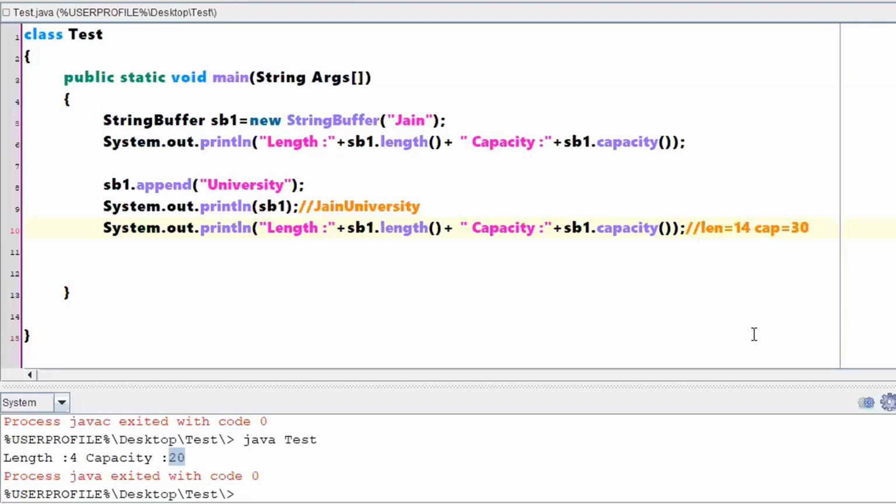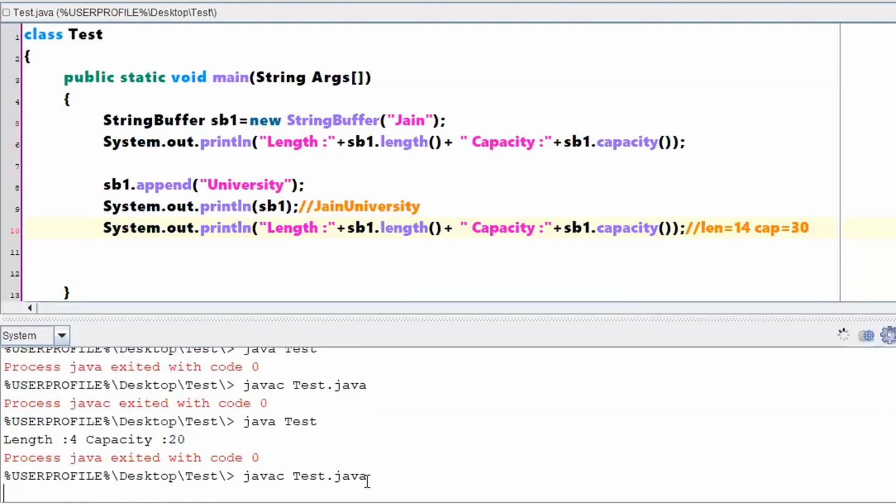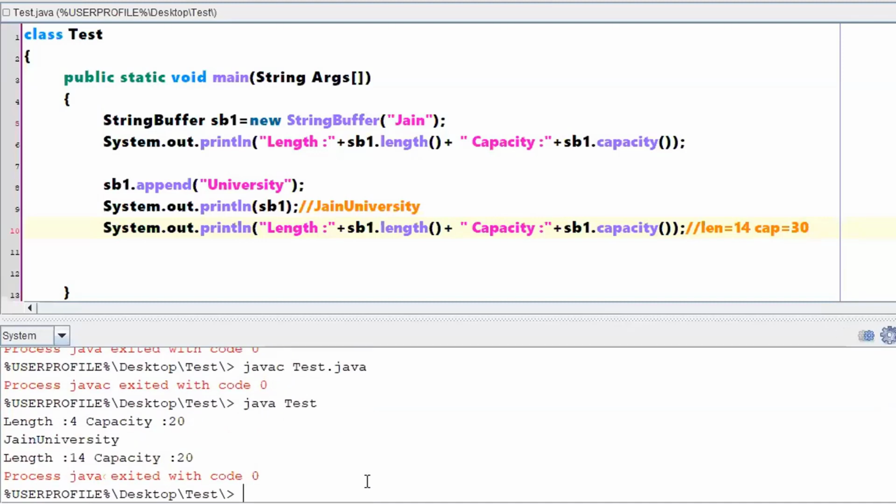With respect to yesterday's lab program, did anybody check whether we can do an operation like this and cross check what the capacity might be? Were you getting 30 itself? If you are giving the answer as 30, you are confident that capacity will be 30. Let me cross check what the capacity is. How did you execute the lab program? It is showing 20 only. It is showing a length of 14. Yes, one of your answers is correct. But how about the capacity? It is still showing 20 only.